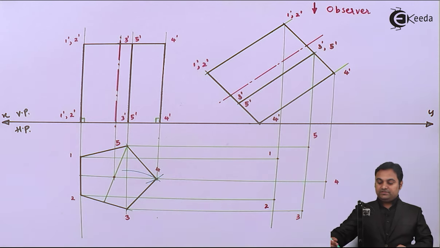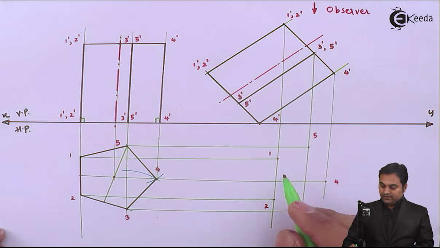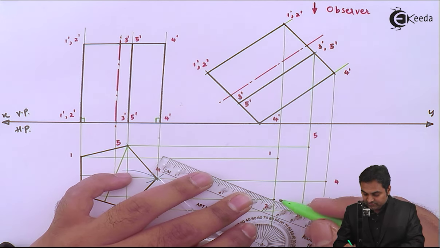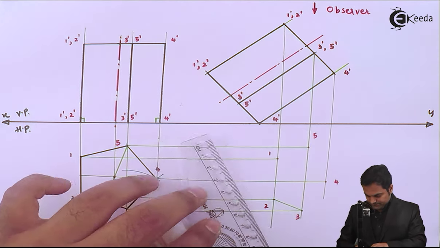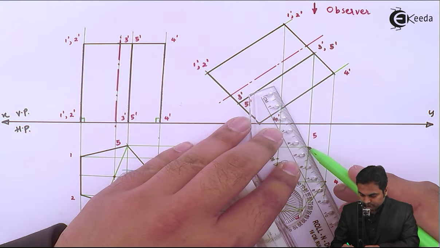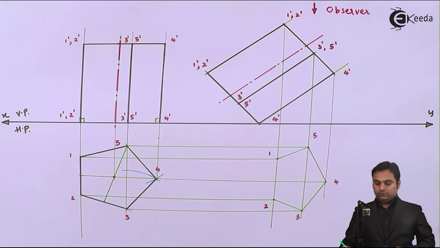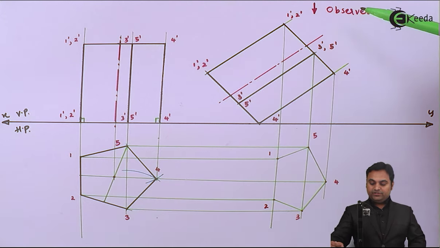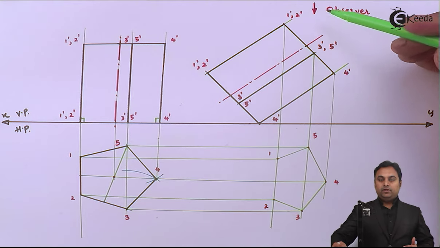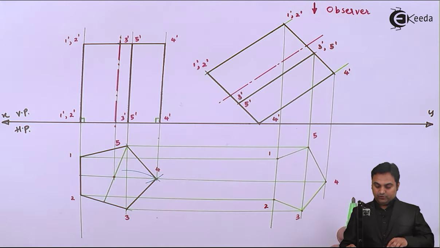Next, since this pentagonal prism is closer to the observer, it will be visible first. I'll connect these points first with the help of a light line, and afterwards I'll make it dark. Then, once I have projected the points of the pentagon at the top, now the bottom pentagon, starting with 1 dash, 2 dash at the bottom,